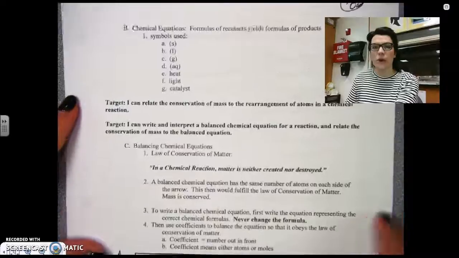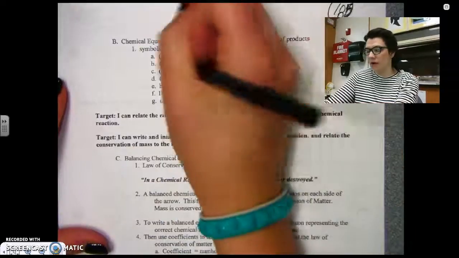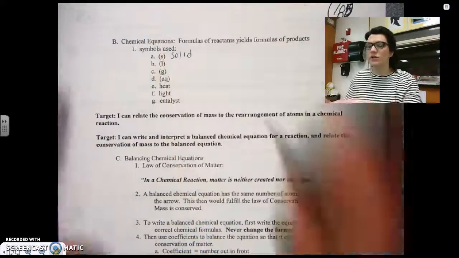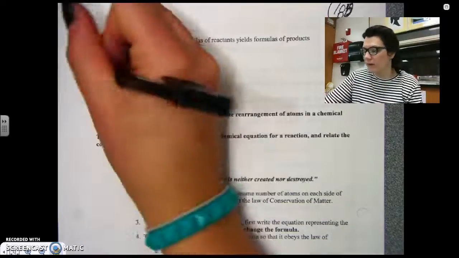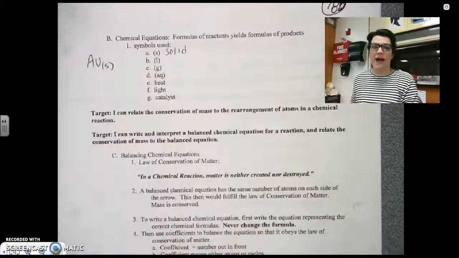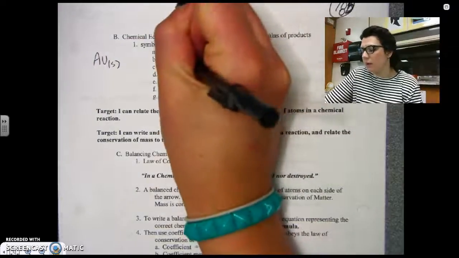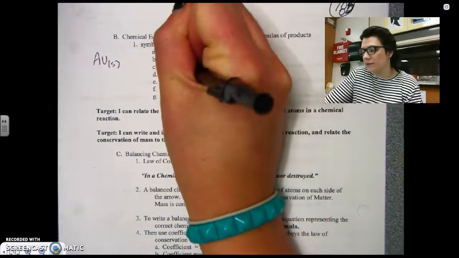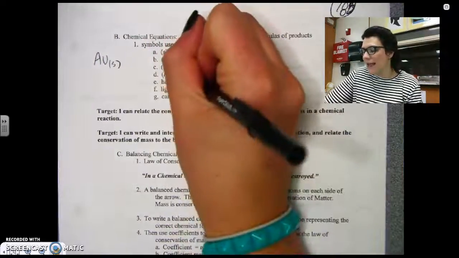Also within a chemical equation, we can see different symbols being used, okay? And those symbols are as follows. The first three are pretty easy because we have S for solid, and these are going to be subscripts that are going to be after the chemical. So for instance, if I was dealing with something that's solid like gold in an equation, it would be gold with an S after it, indicating that it is gold solid. Okay, L would be liquid, G would be gas, AQ you might have seen before, you might have not seen before. AQ is aqueous,